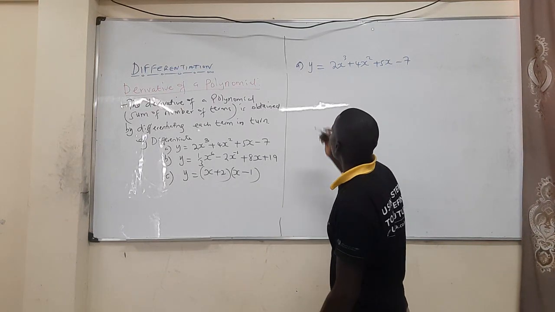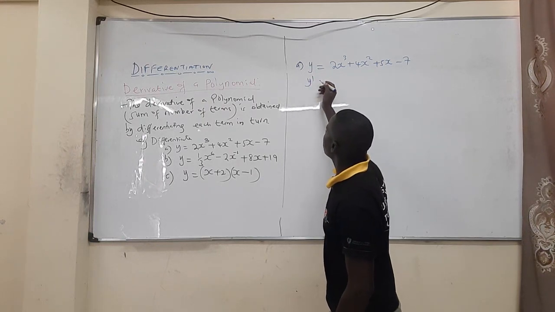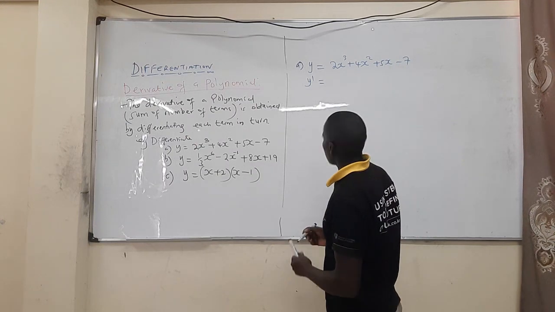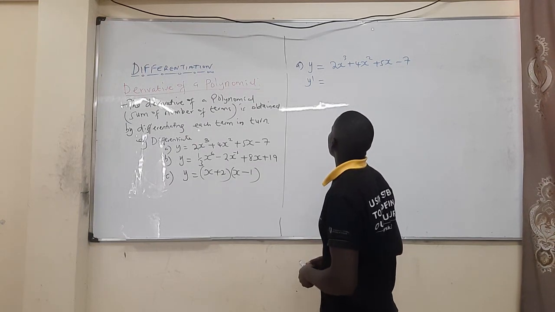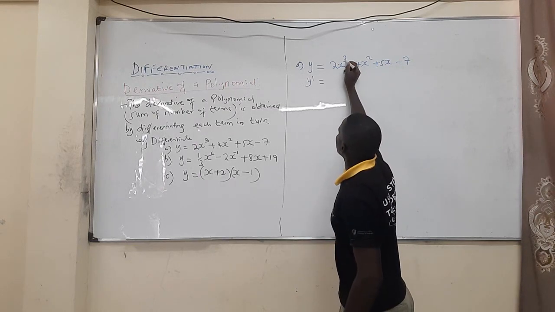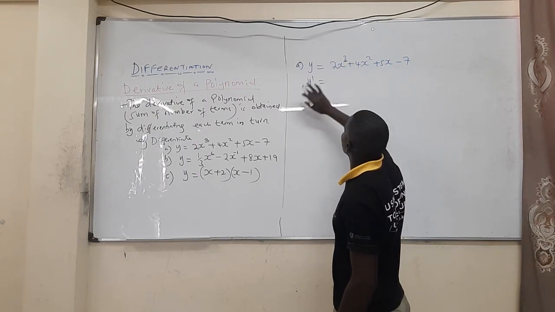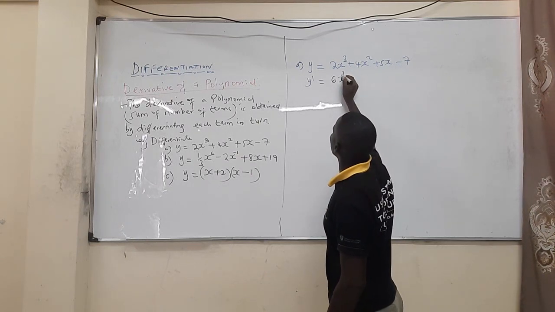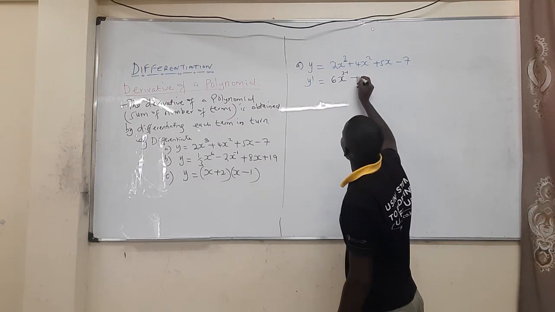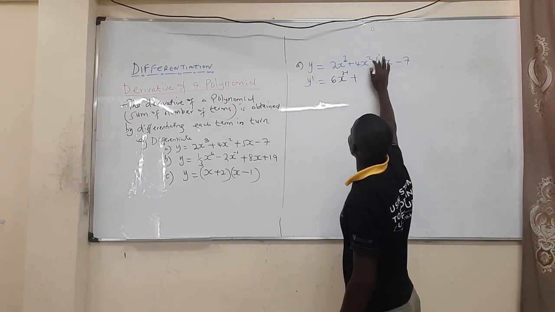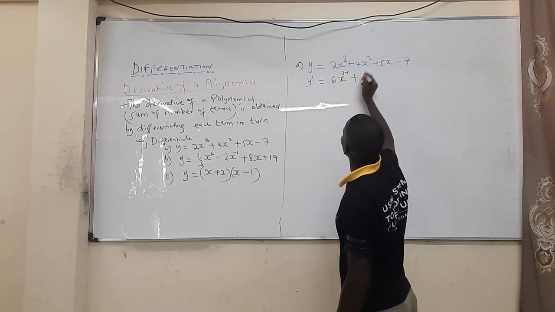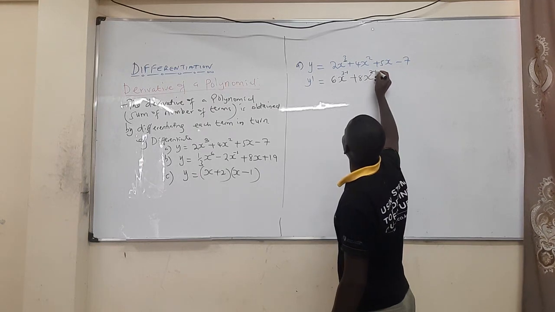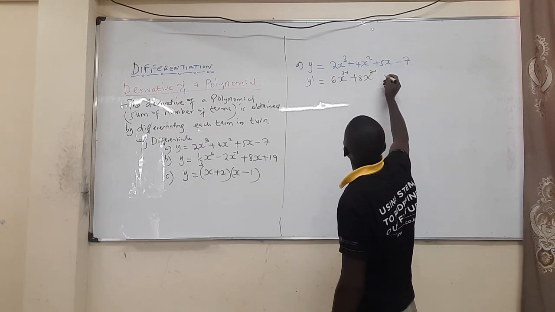So we're going to have the y prime, that is the derivative, or dy over dx, is going to be 2x cubed. We drop the power, which is 3. So 3 times 2, you get 6x, then the power 3 minus 1, plus 4x squared. We drop the power, get 4 times 2, that is 8, times x, power 2 minus 1, then